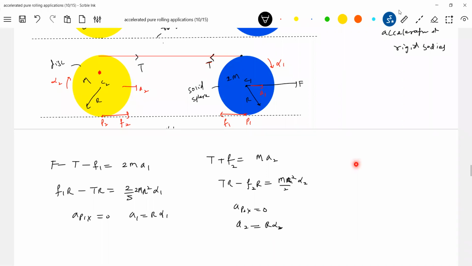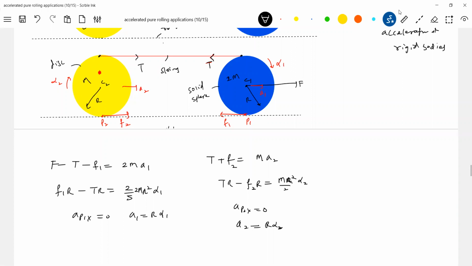Now, how many unknowns are there? F1, F2. Sir, I'll write F1 equal to mu M1 g, F2 equal to mu M2 g. No, it's a rolling friction, not a sliding friction. So what to do now? So many unknowns are there. I need one more equation. I'll go for the constraint. What is the string? The acceleration of this point should be equal to the acceleration of this point because the string is horizontal here. The string is inextensible.